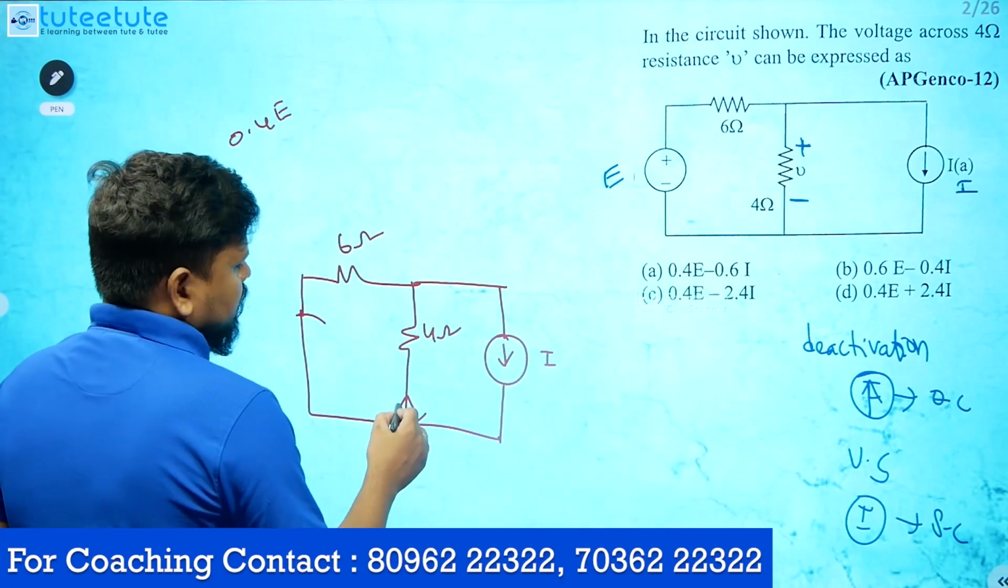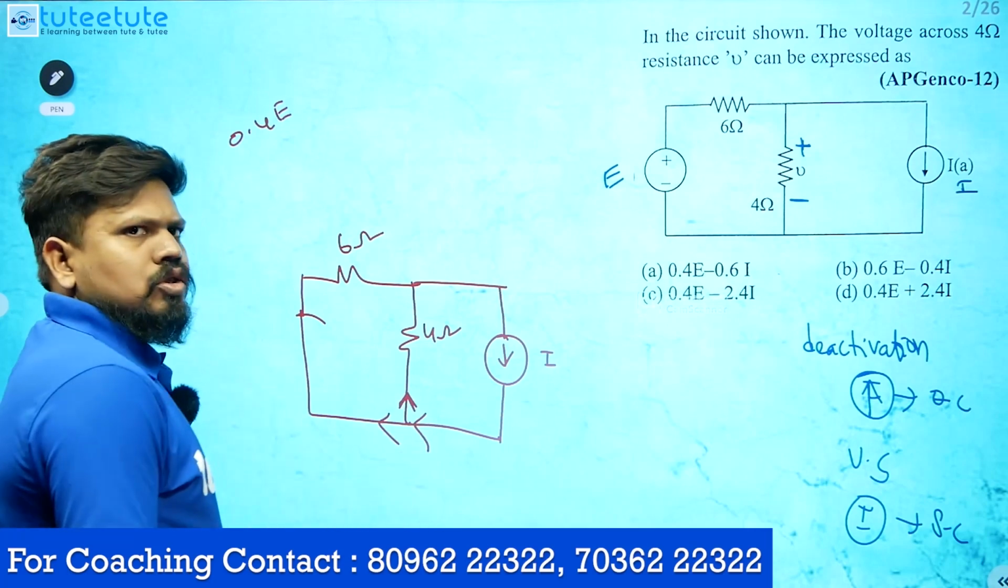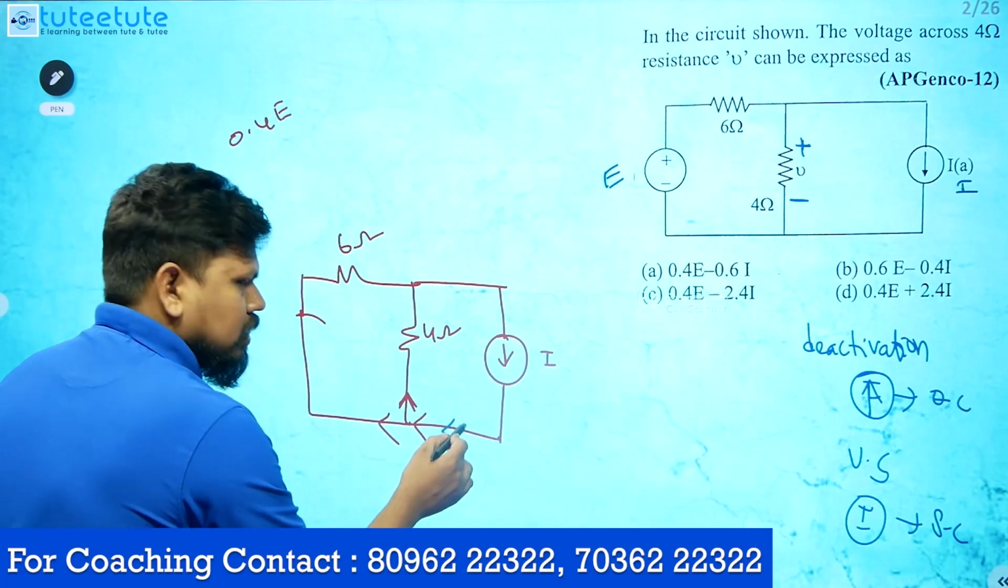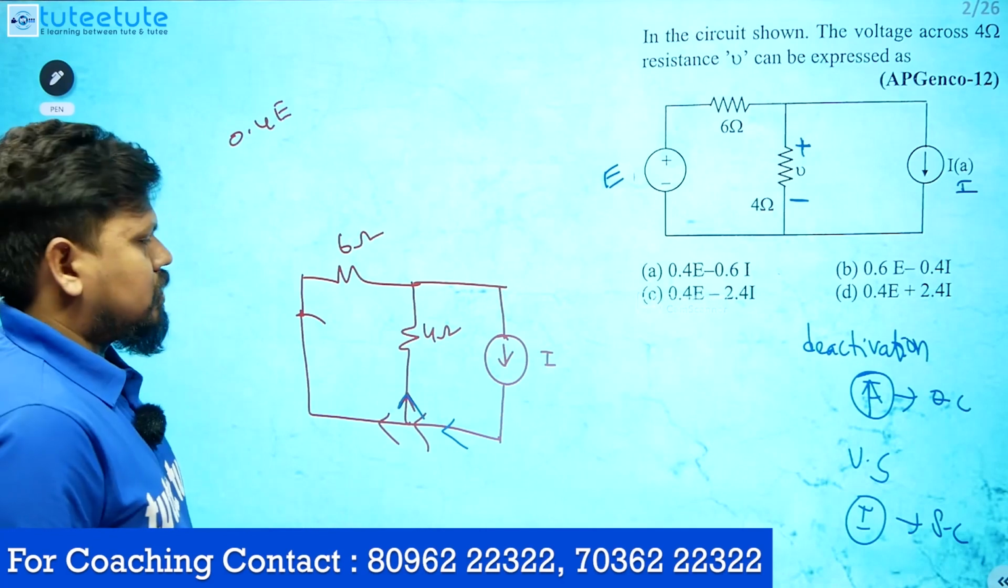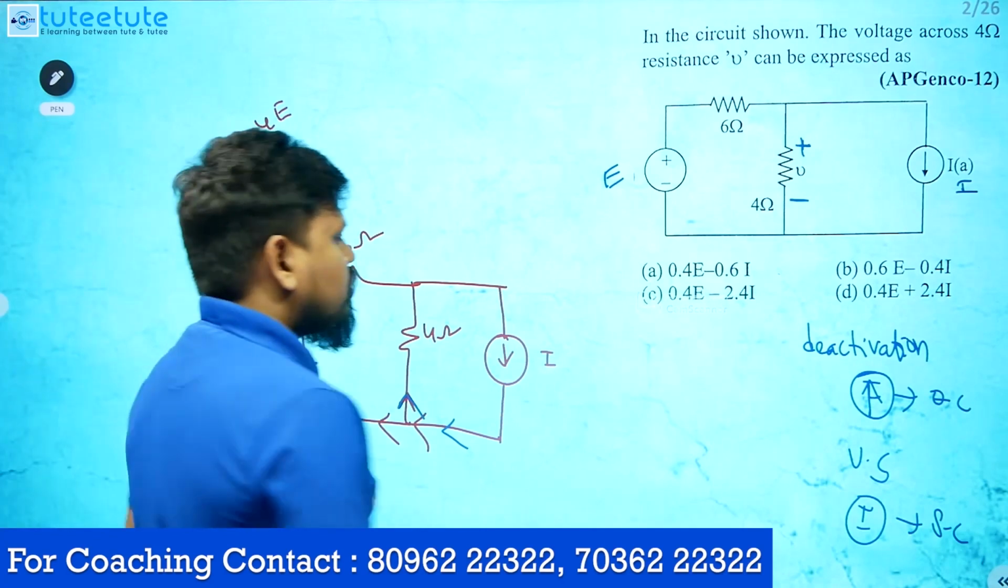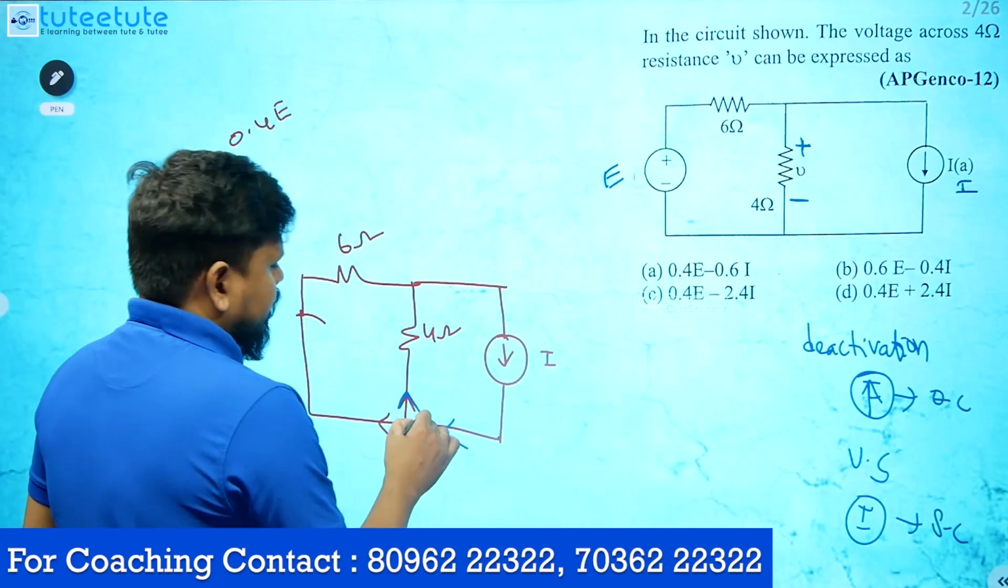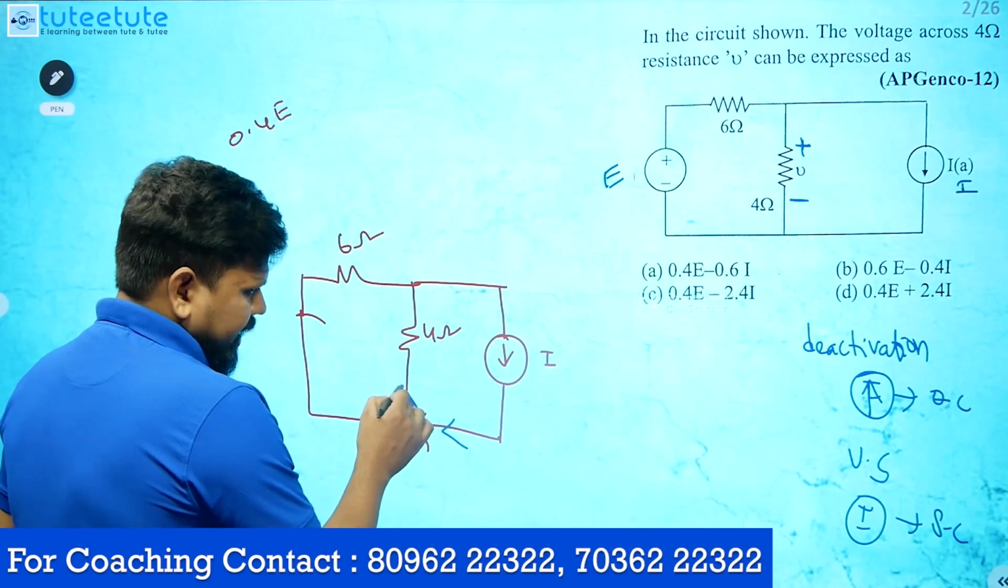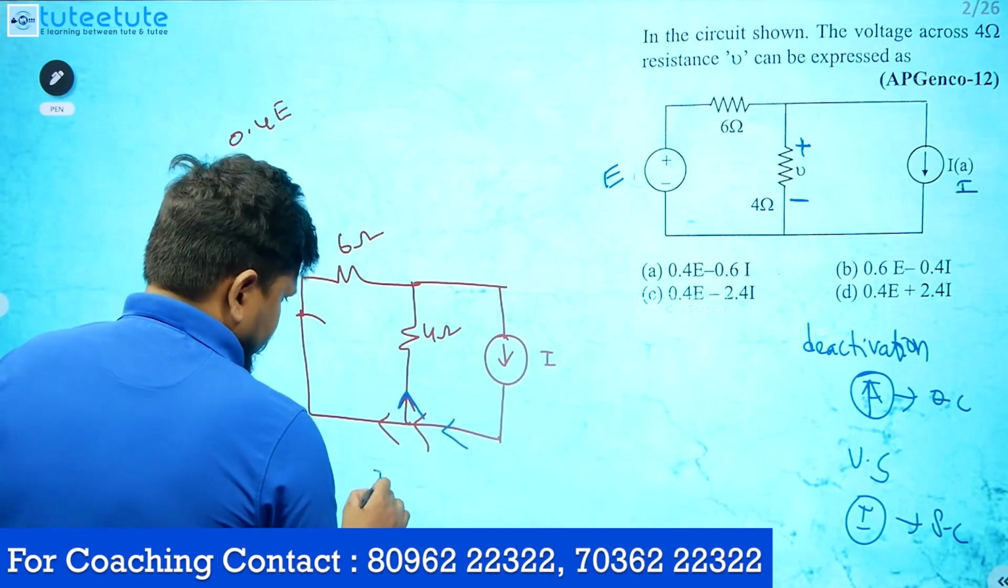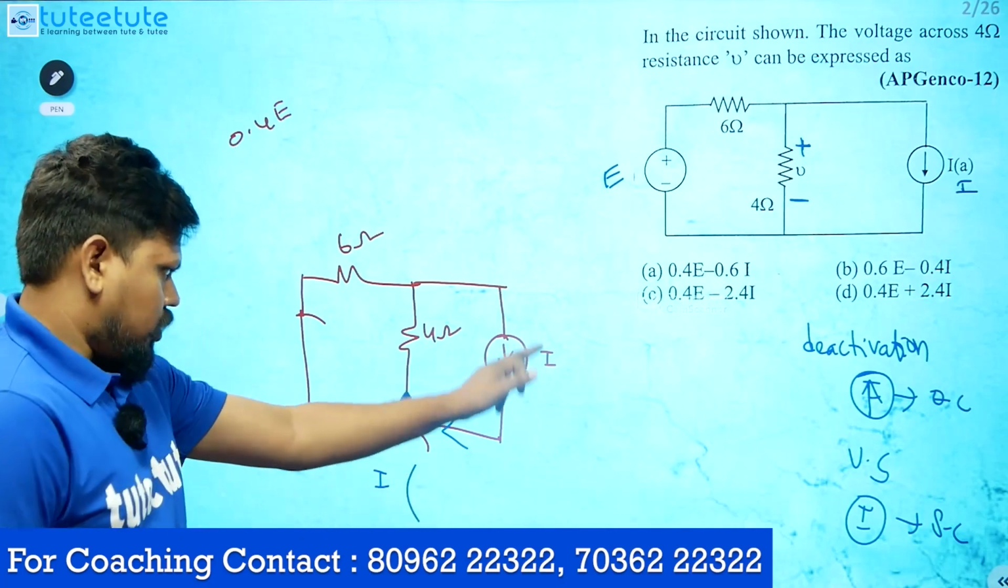That means first I will calculate the current in this one. Whatever current is coming like this, that sum of the current will go like this. I will apply current division. So what is the current division? I want the current in this one, so let's calculate it: the total current I, which is this much coming, into